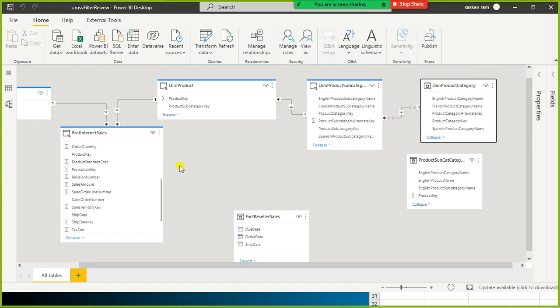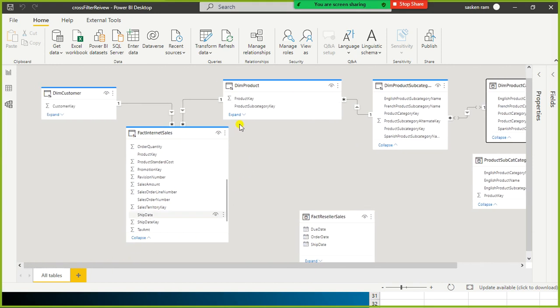And again, for filtering, in the previous example you have seen it, right? The category and internet sales, these two are not directly linked up. So those kinds of problems are there, right? To overcome that, what we will do is we will combine these three dimensions into a single dimension. How we will do it is we can use a simple SQL query, or you can go to the Power Query editor and do it.